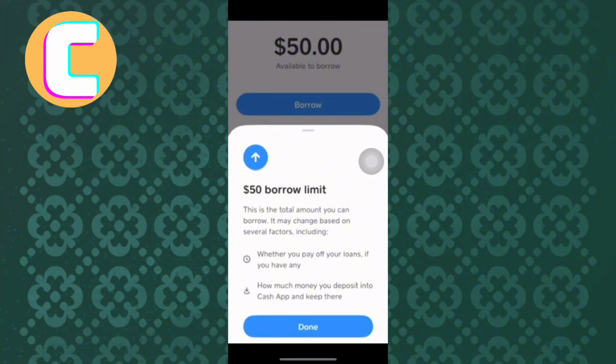As you can see here, your Cash App borrow limit can increase based on how you use your account. Paying back any loans on time helps build trust. Regularly adding money to your Cash App and keeping a balance also shows activity, which can lead to a higher borrowing limit over time. So, if you have done all that and the loan limit has not been increased, then